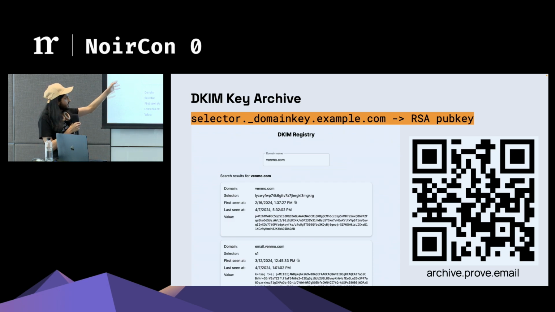And you can search any website, in this case, search venmo.com, and you can see all the keys that we know about that have been used since we started running this about a year ago. At this point, maybe like 9 months or something. And this is quite nice because this means one of the